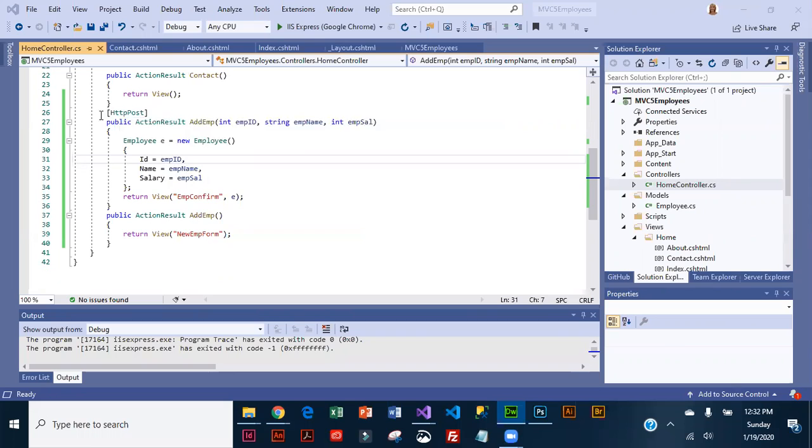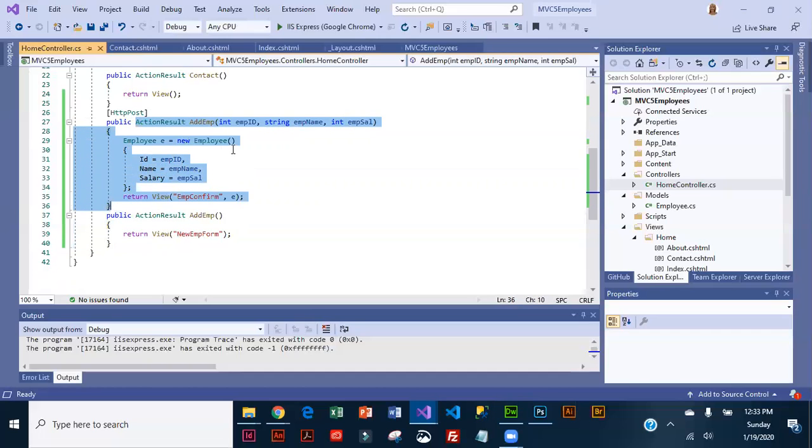The data attribute HTTP post is going to help the controller decide which action method needs to execute. If a form has been posted or submitted, it's going to run through this code. And if nothing has been submitted, it's going to run through the code where it displays the empty form. Okay. Once the form's filled in and it submits, then it's going to go through this code where it's going